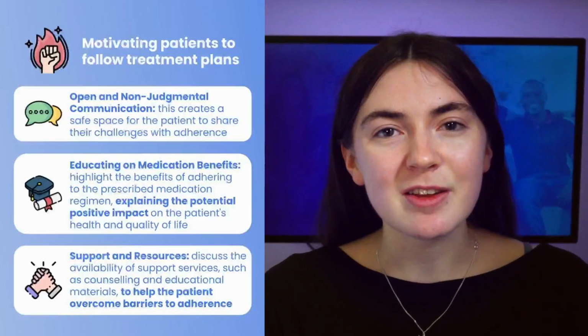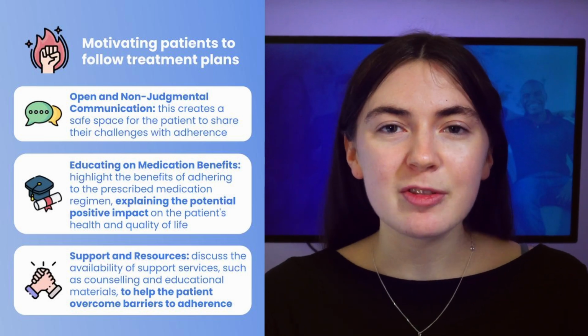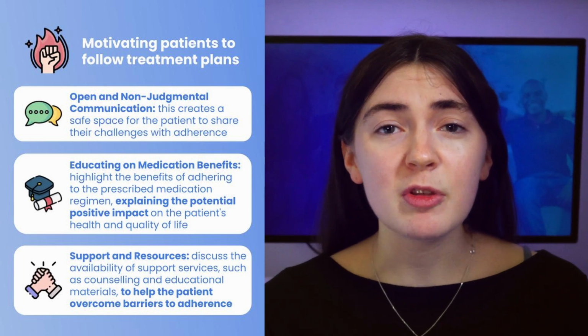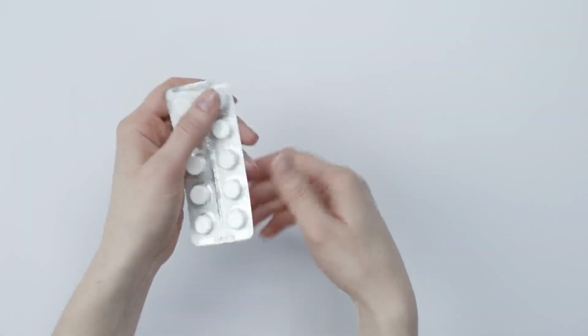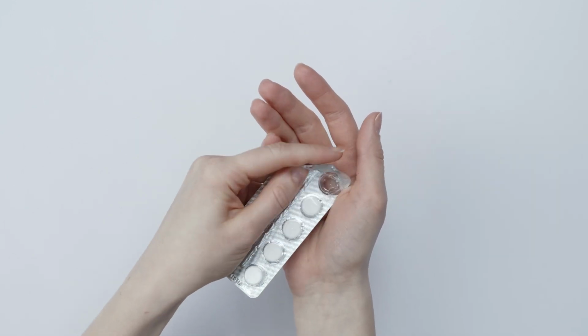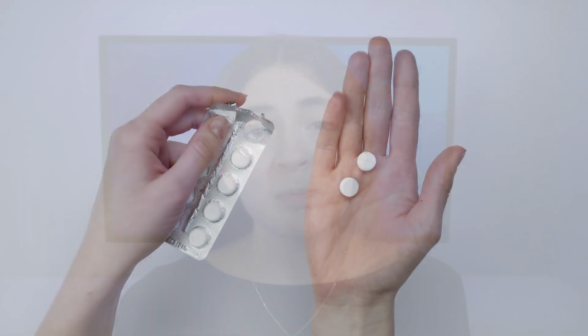Then looking at the medication itself, we want to directly ask the patient what it is about the medication that potentially makes it difficult to take. For example, is it administration? Is it a plastic capsule that they don't really like swallowing? Is it injected? If not administration, is it reminding them to take it? Is it difficult for them to remember? Then if that is the case, we can talk about ways in which they can be reminded through family or friends or alarms. Those can be really useful tools to ensure they're regularly taking it so that the medication can actually be effective.